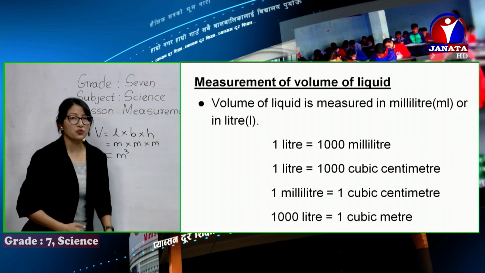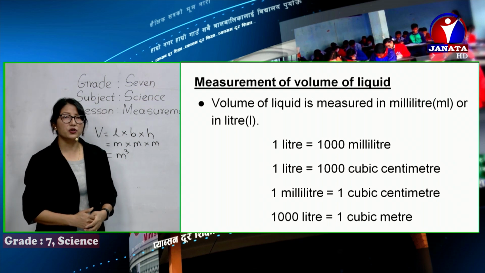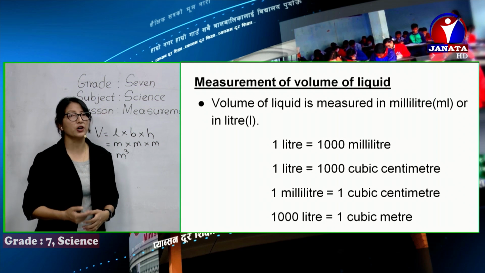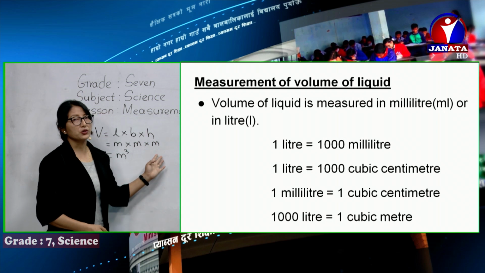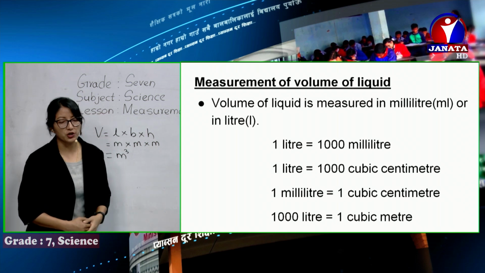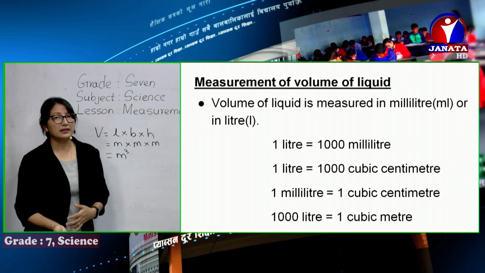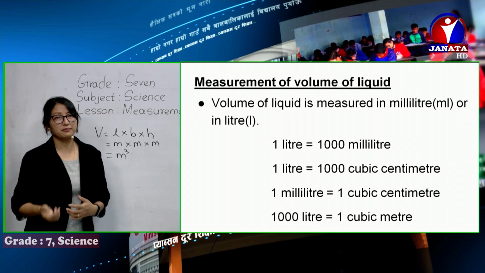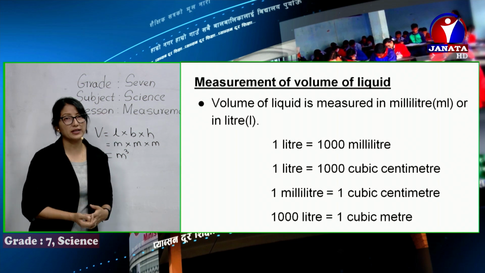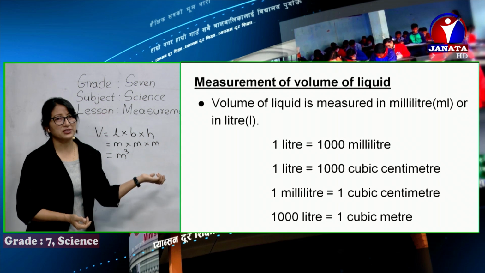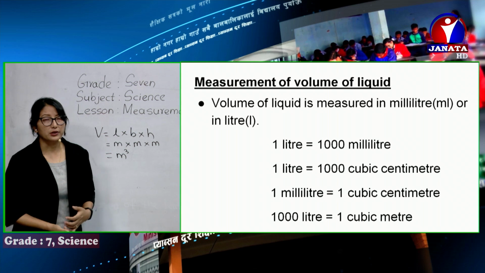Now to measure the volume of liquid, different relations are also there. I've already said volume of liquid is measured in milliliter or liter. Now you can note down the relation: 1 liter is equal to 1000 milliliter. Like you go to buy milk or whatever, like 1 liter, if you measure it, it's all together 1000 milliliter. 1000 ml is equal to 1 liter. Just like you remember, 60 minutes equals 1 hour, or 1000 gram equals 1 kilogram, and all.